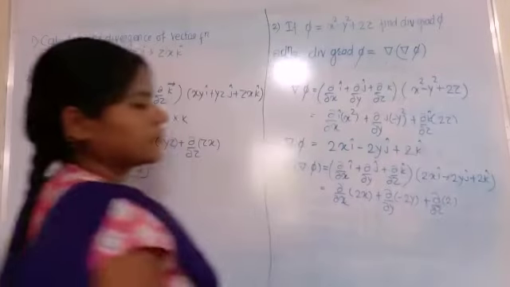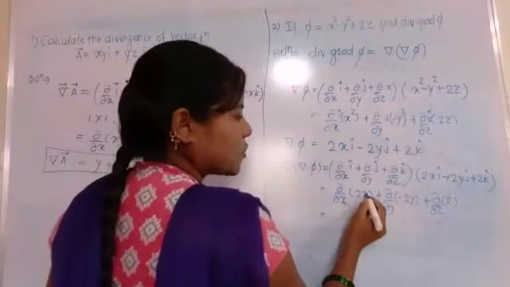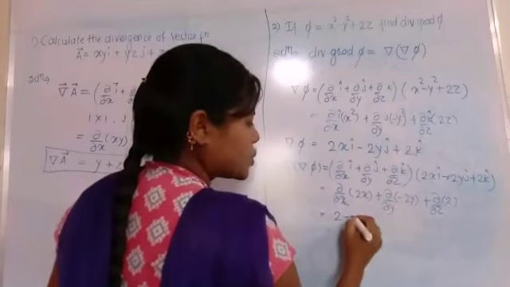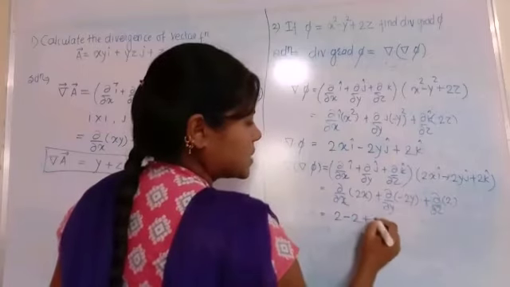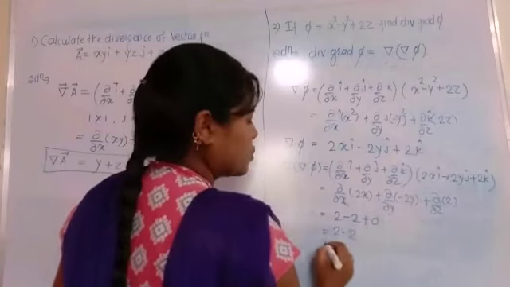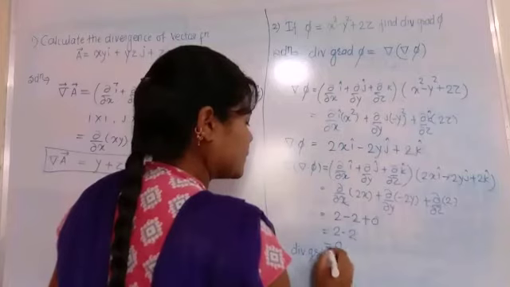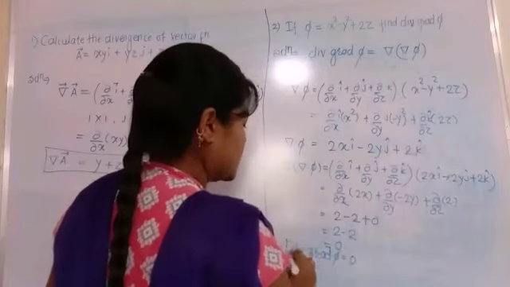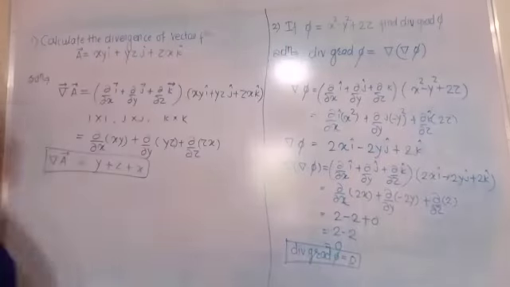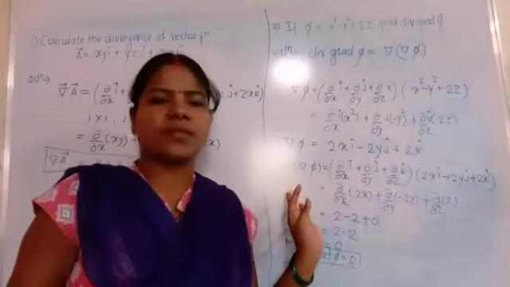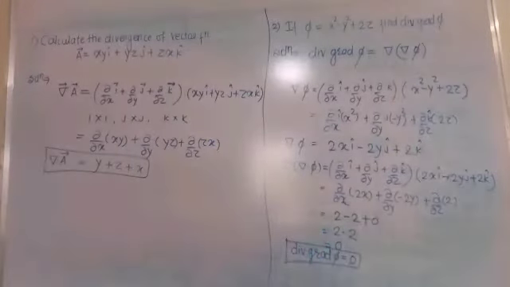Okay, so here we get del by del x of x means 1 into 2, that is 2. Here with the minus sign, del by del y gives minus 2, and the derivative of a constant is 0. So we get 2 minus 2, that is 0. Therefore the divergence of grad of phi has the value 0. So this is the second numerical. In this way we can find all the numericals using the divergence of gradient, but it is not possible for you, because we have a time limit. So that's why we are taking a third numerical.